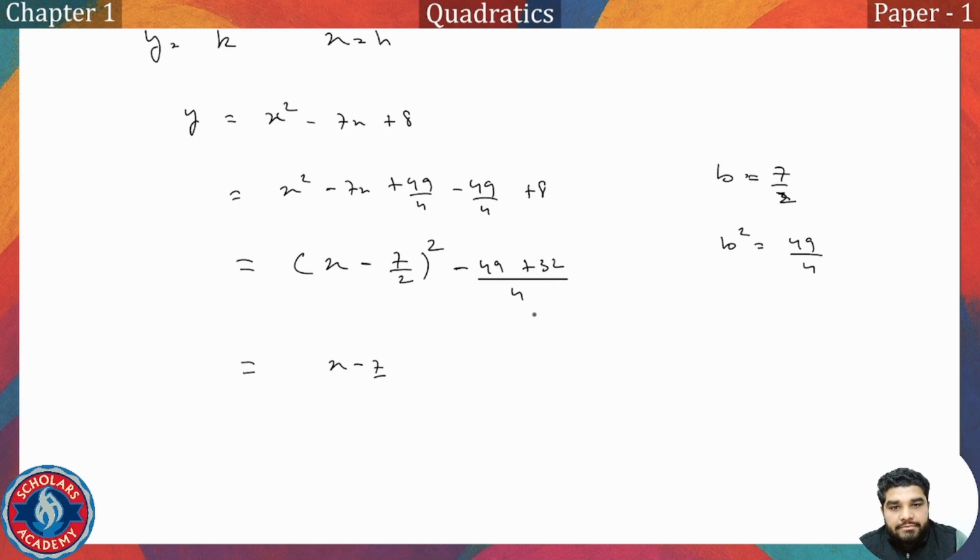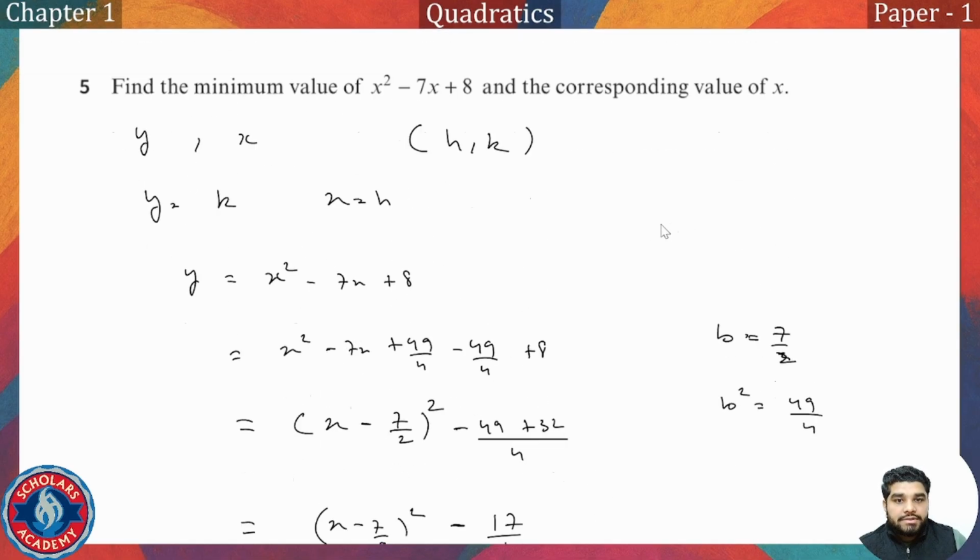X minus 7 by 2 whole square and minus 17 by 4. So if we compare it with the general equation, we get h is equal to 7 by 2 and k is equal to negative 17 by 4. So the value of y that we want is